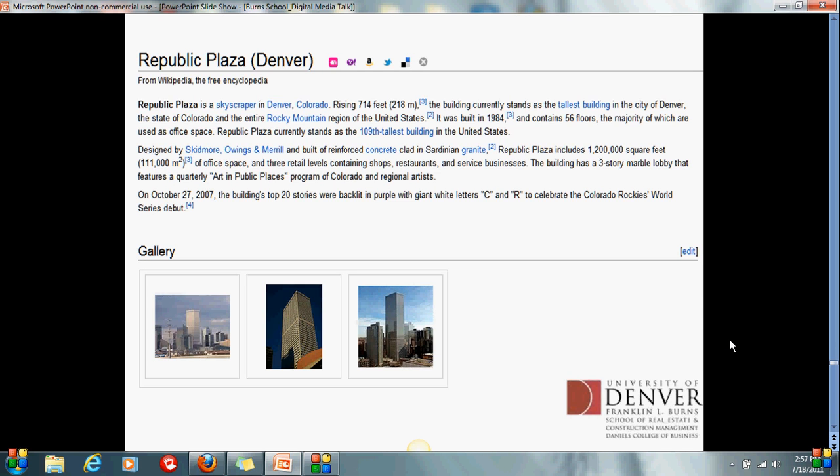within your sphere. Now, I pulled this up, Republic Plaza, specifically because this is a Wikipedia input, and if you have a building that you're leasing or constructing and so forth, you know more about that building probably than most anyone else would know. It's very intuitive to me that a person should publish something within Wikipedia about your building or